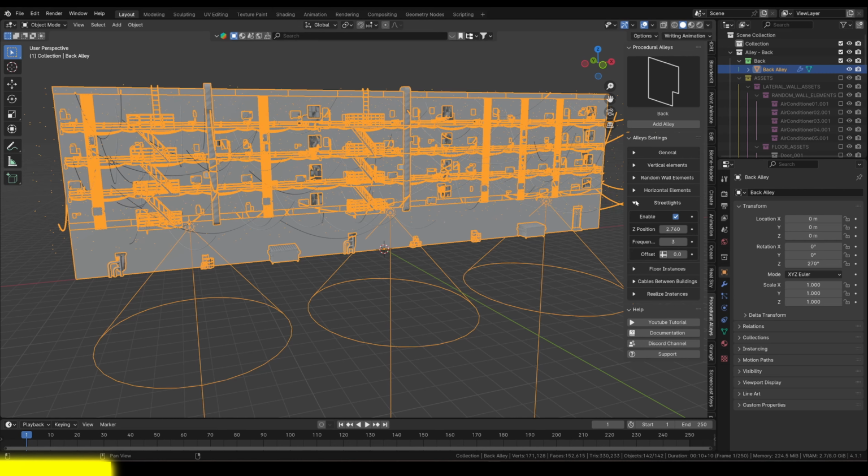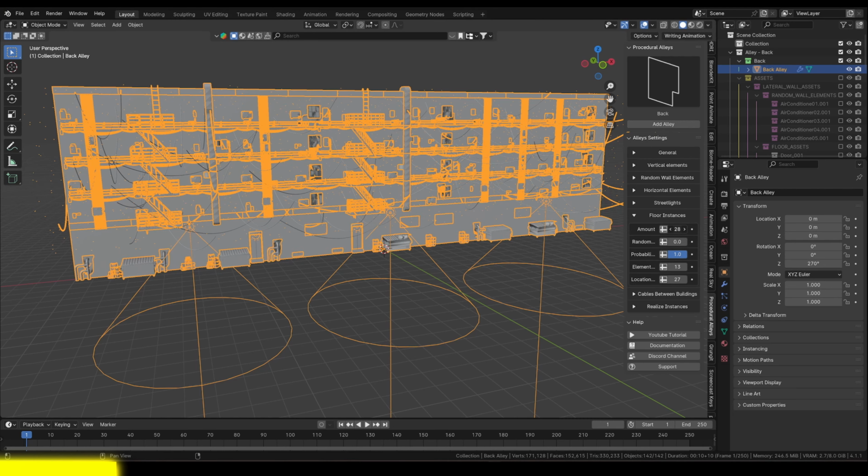By the way, alleys have lights in many scenes I saw recently in Alice in Borderland. So they do have this, and the back doors. So yeah,